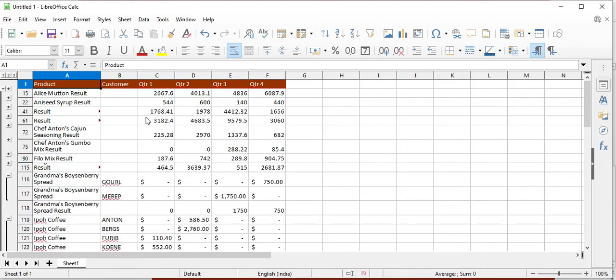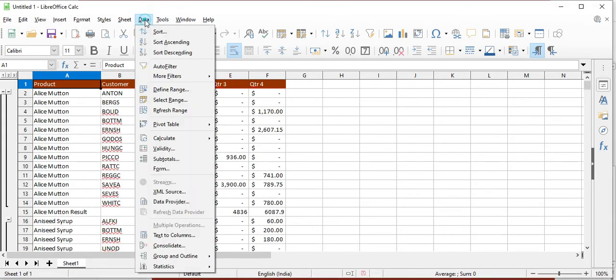These are the totals we have done for Q1, Q2, Q3 and Q4. This is the subtotal. I have shown you that only for one group. We can do it for more groups also. I will show another example.